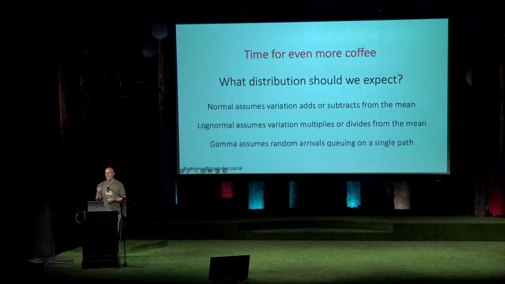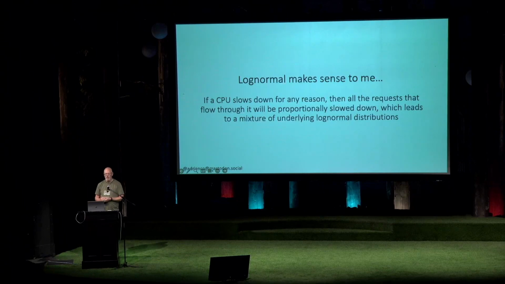So response times are always a one-sided distribution. If you take the log of a normal, it's called a log normal, and effectively what you're saying is that the errors are multiplying or dividing. So you're getting proportionately slower or proportionately faster on your response time. This is kind of why it makes sense to me. Say you've got a system and its CPU slows down for a bit. All the requests that come through will be 20% slower for a while, or 10% faster or something like that. It's like you're turning the speed knob up and down as the requests come through, and that's what's causing the distribution.